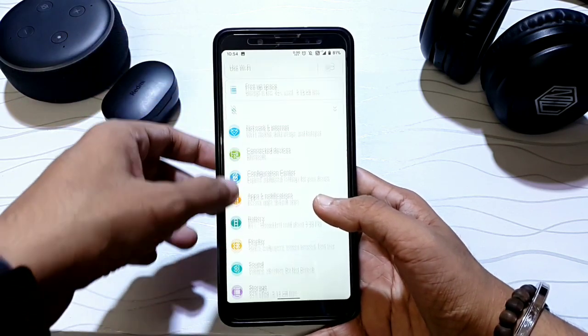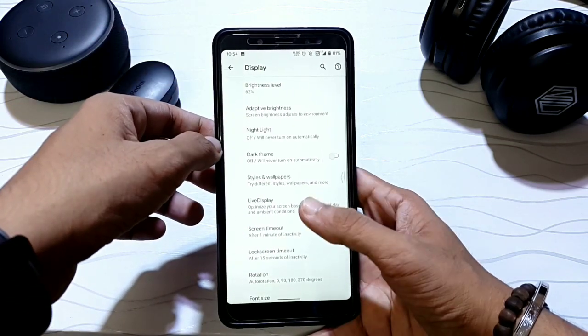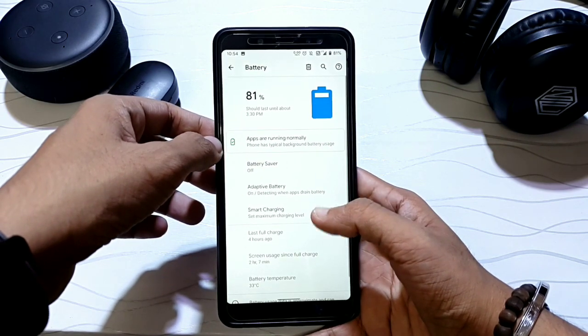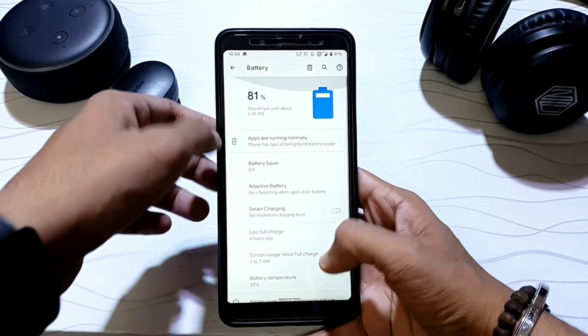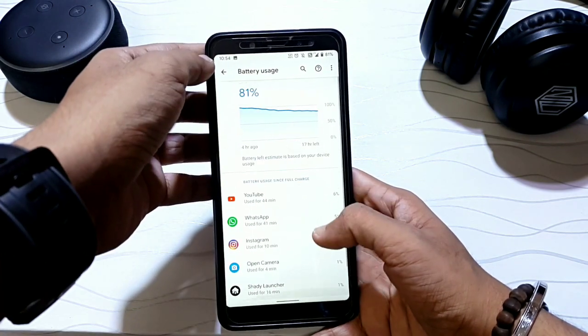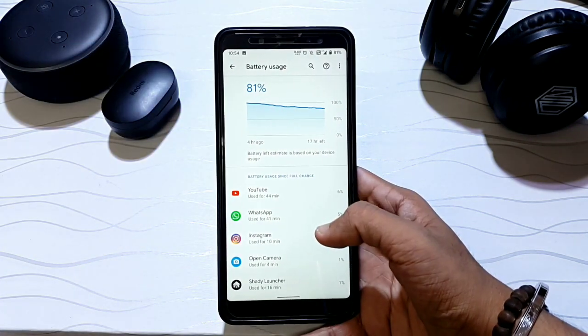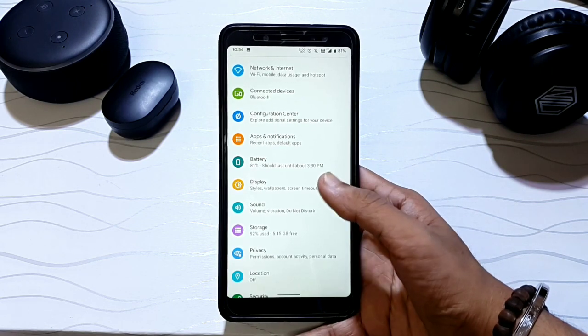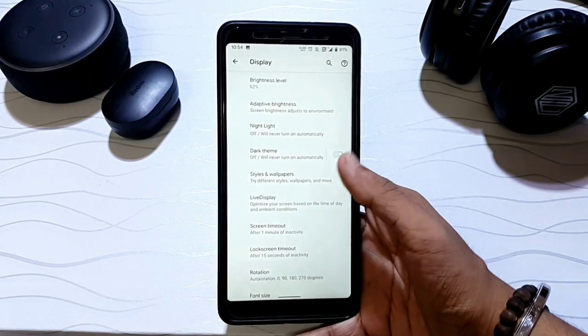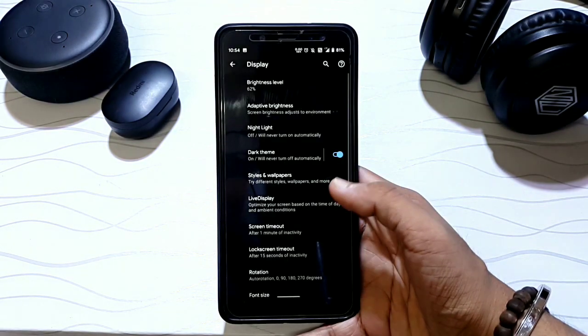Let's see other settings, like go to battery. As you can see, I have last charged 4 hours ago and it is giving me a good battery backup. Go to display, dark theme is perfectly working.